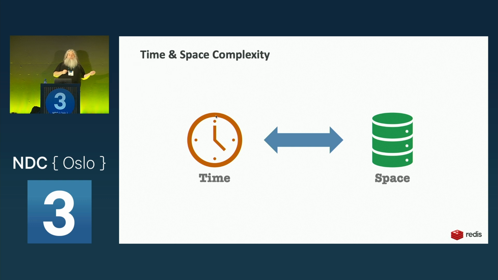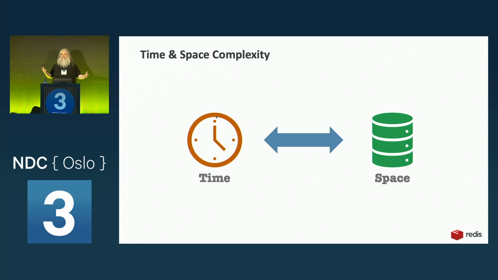Conversely, we might say, no, we don't want to use an array because that wastes space. There's a bunch of empty values in there. If we've got an array of integers, I've got integers that are unallocated, that are just sitting there. It's wasting space. So I might want to choose a linked list instead because the linked list is exactly as big as it needs to be. And so it's got better space complexity. But to access things in the linked list, you have to walk it. And so it's got worse time complexity. So basically, arrays are fast, but waste space. A linked list is compact, but is slow. And so you make these trade-offs when you're writing your software.